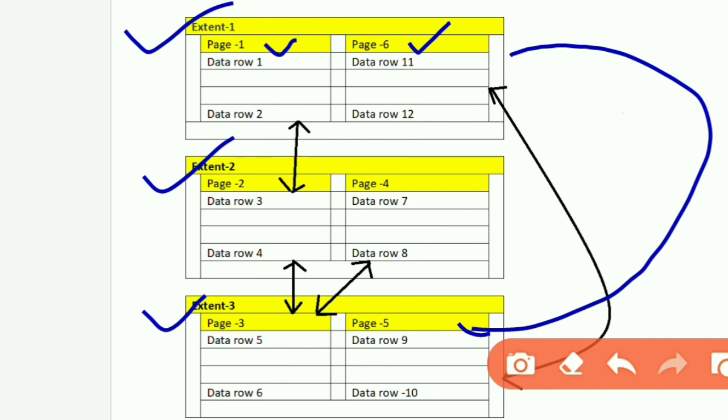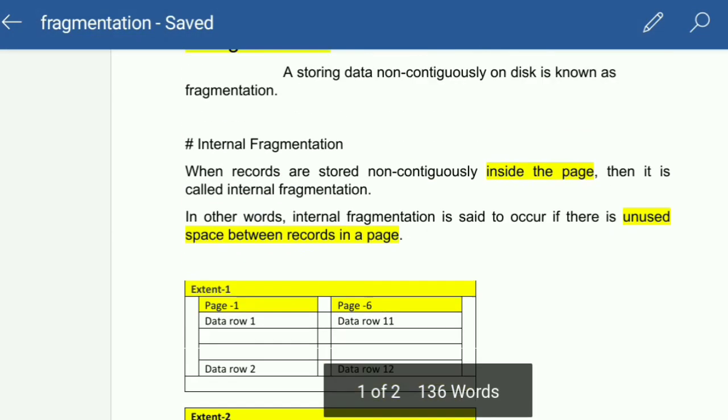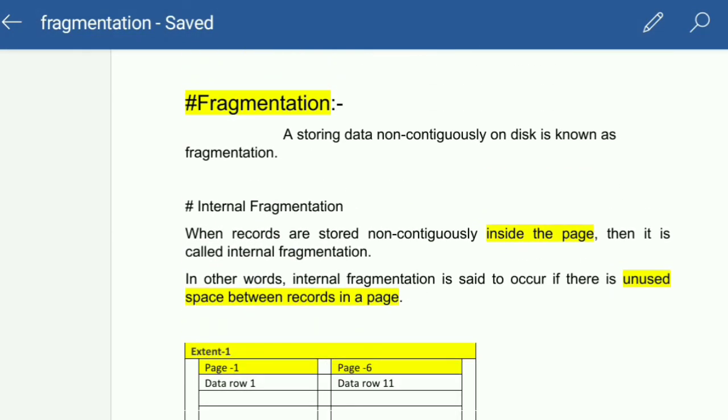That's the reason defragmentation is really required from a disk IO perspective. If your disk is not correctly defragmented, then IO may be high, it will go very high actually. So I hope it's clear, guys, disk fragmentation.